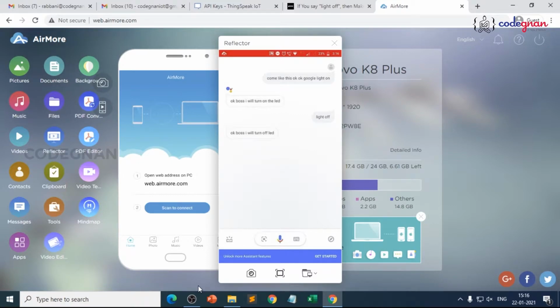Okay, now we will go for the programming part where we can integrate our ThingSpeak Cloud with our NodeMCU or any Raspberry Pi. So we can go for the integration part here. So open our IDE.